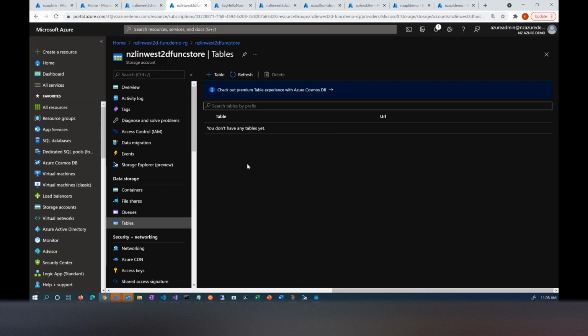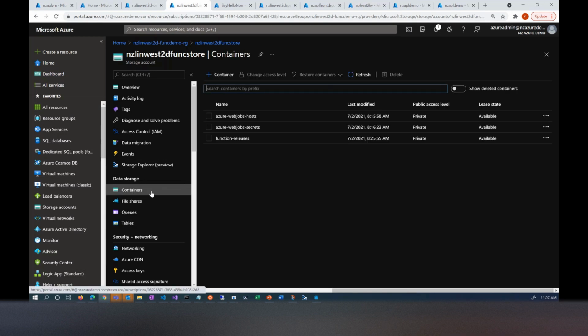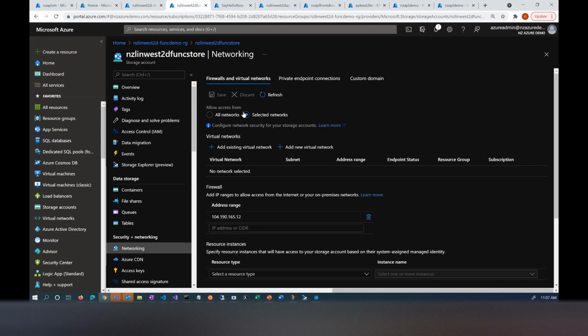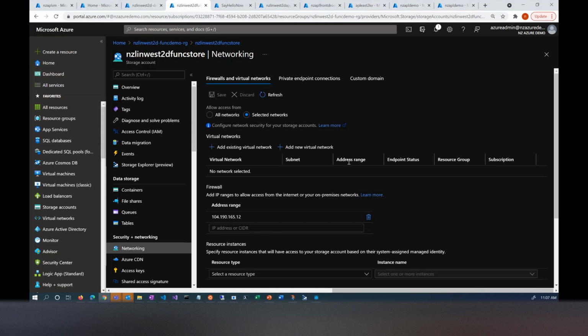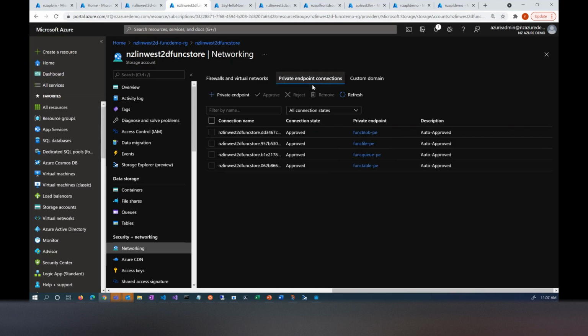There is no table there, but the point is, this storage is used to store function level metadata. Before this update, you had to have what we call public access. You cannot do any private access. But what we have done, we have created